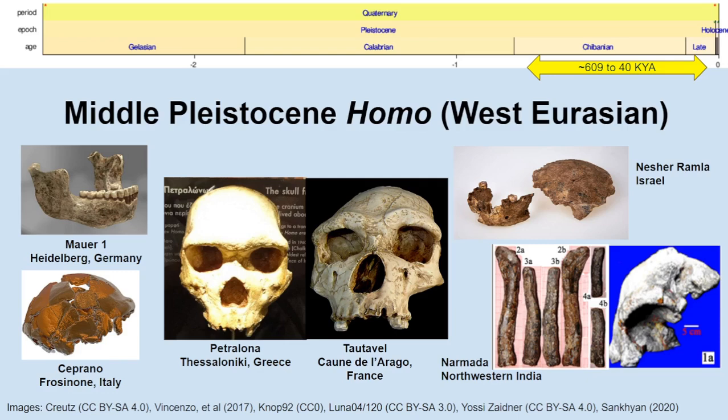While one contesting view is that these are nothing more than some form of basal Neanderthal. So moving into Europe, we find specimens like Tottevel, aka Arago from France, Petrolona from Greece, and Soprano from Italy, hominins with features very clearly distinct from the earliest species like Homo erectus or Homo antecessor that have raised much discussion. Anatomical similarities with African fossils like Bodo and Broken Hill have led to the suggestion about whether they should be classified with each other as a single species, and usually that name is designated as Homo heidelbergensis, which has